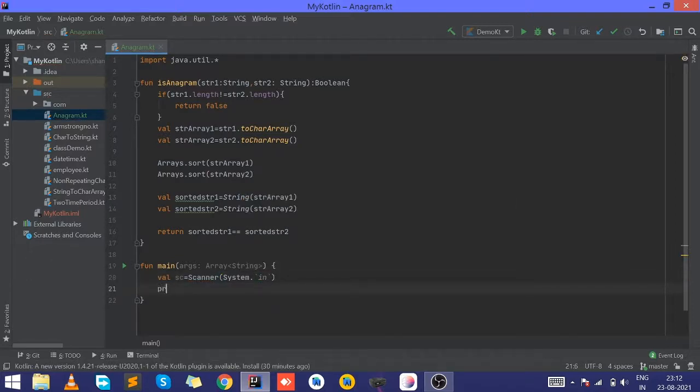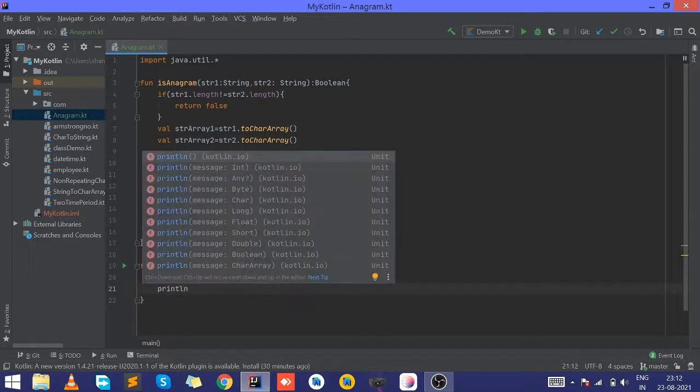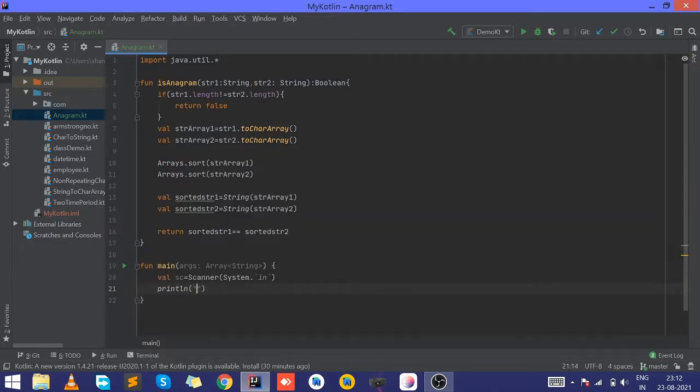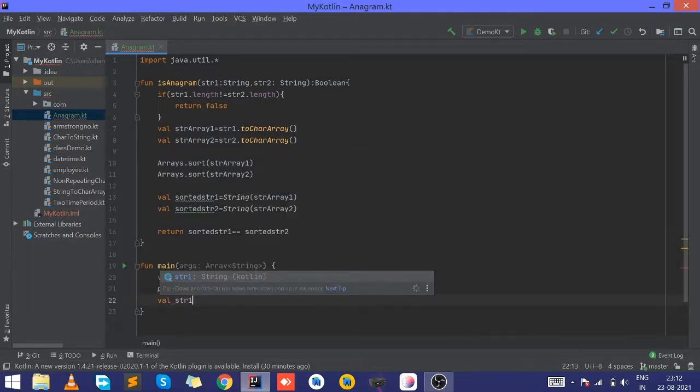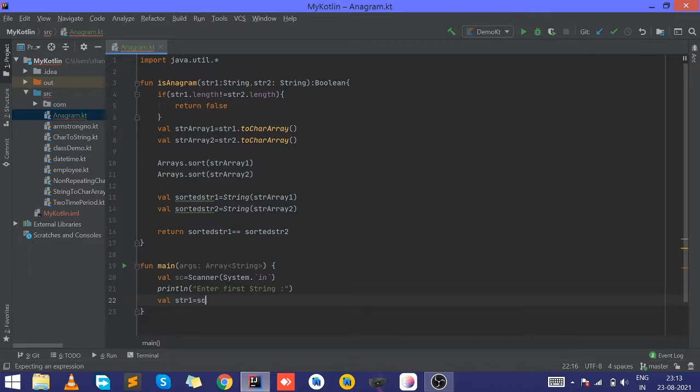Now we use a print function for the message: enter first string. Then string1 is scanner.nextLine().